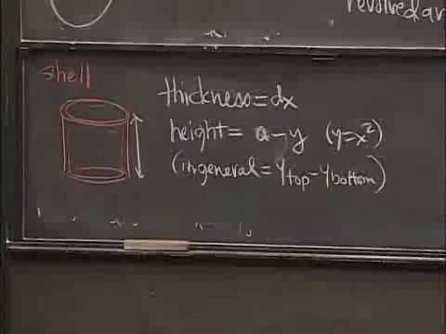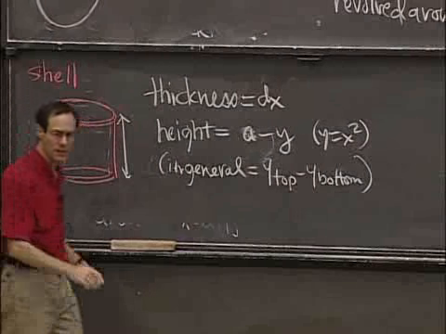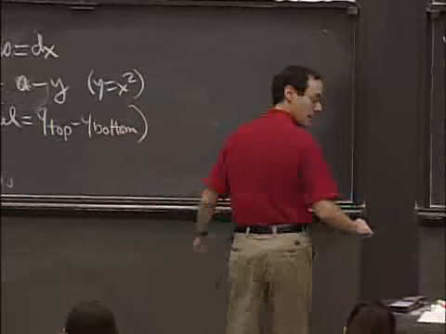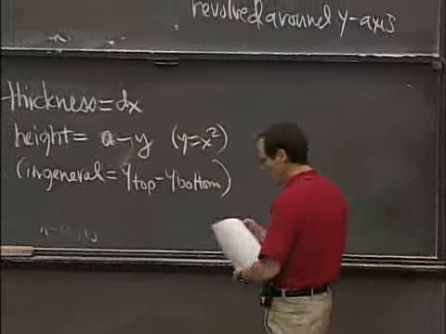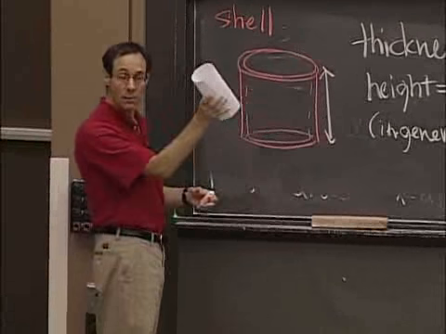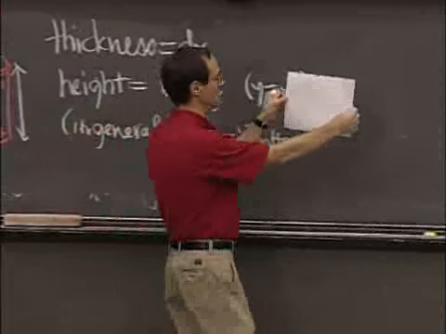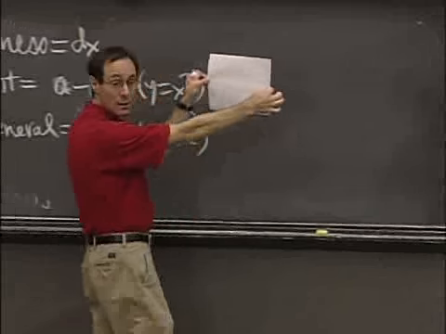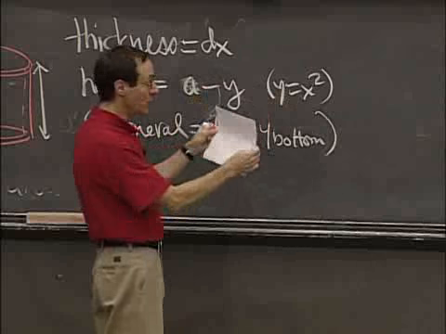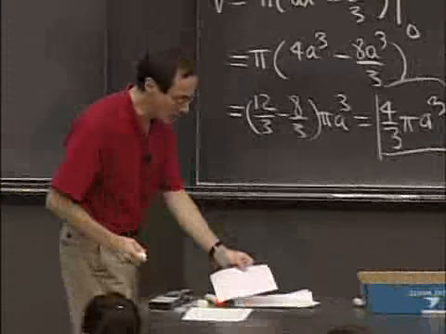Now, the last bit that I have to do, I claim, in order to figure this out, is the circumference. And the reason for that is that if I think of this thing as this tube or piece of paper here, in order to figure out how much stuff there is here, all I have to do is unfold it. Its size, the whole quantity of paper here is the same, whether it's rolled up like this or whether it's stretched out. So if I unwrap it,